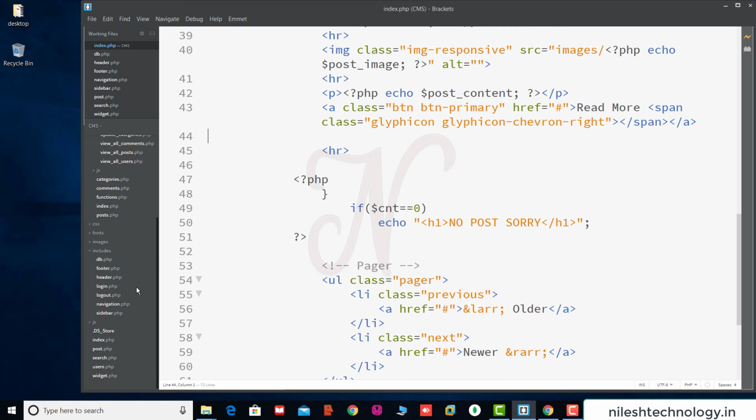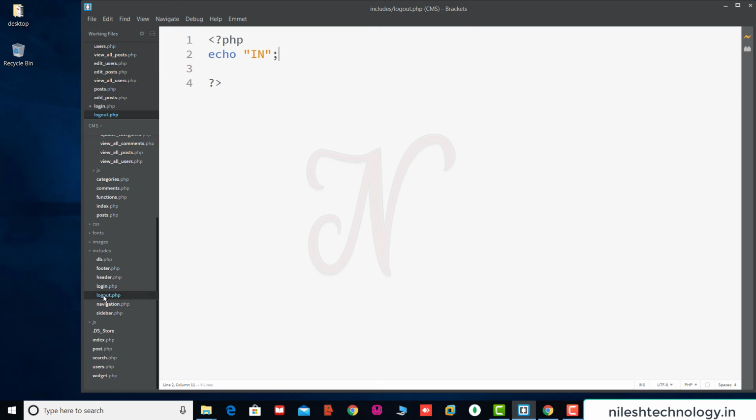Now in this logout.php file, here we add some code. Again here we start a PHP script and start your session, session start. And here we set session username equal to null.